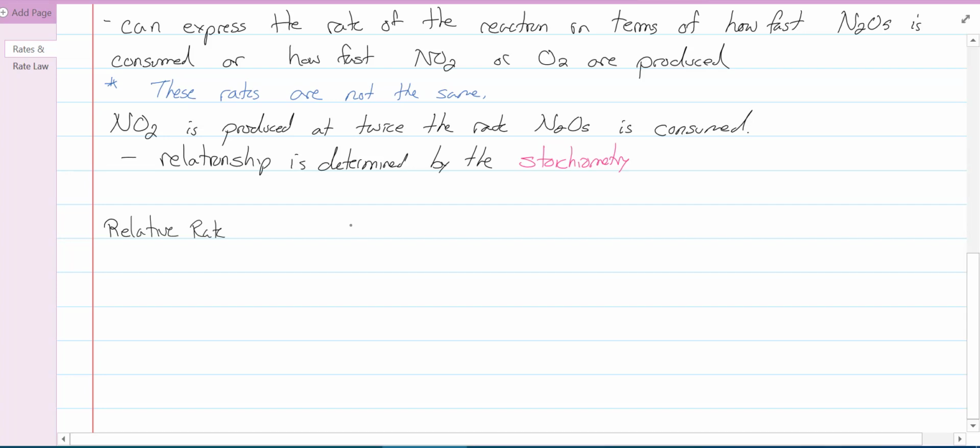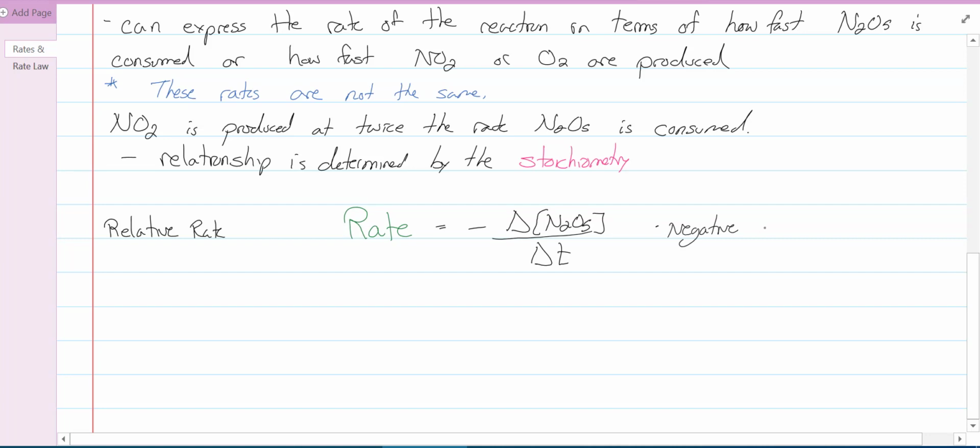The rate will be equal, in this case, to the negative change in concentration of N2O5 over change in time. That's just the rate of N2O5 with time. You could graph it like Y2 minus Y1 over X2 minus X1. We've done that before. It's negative,